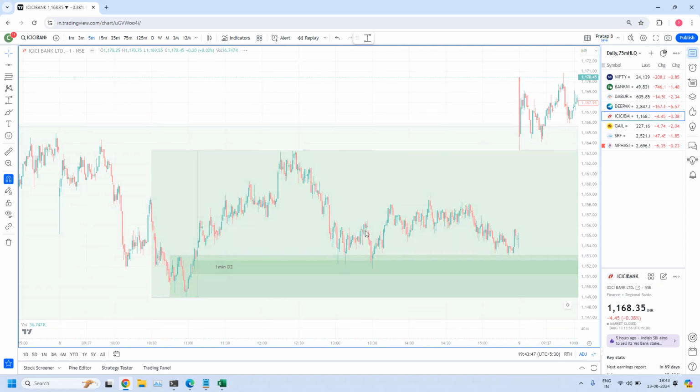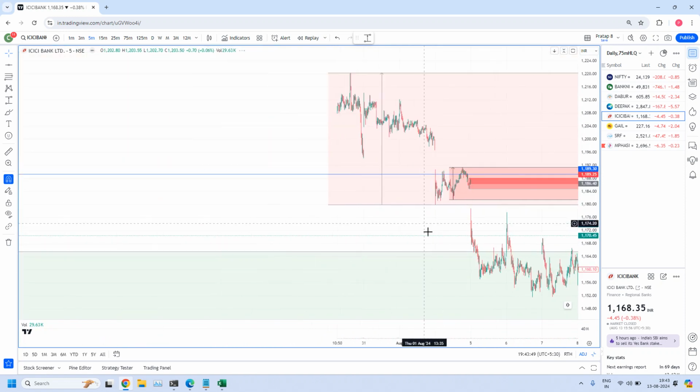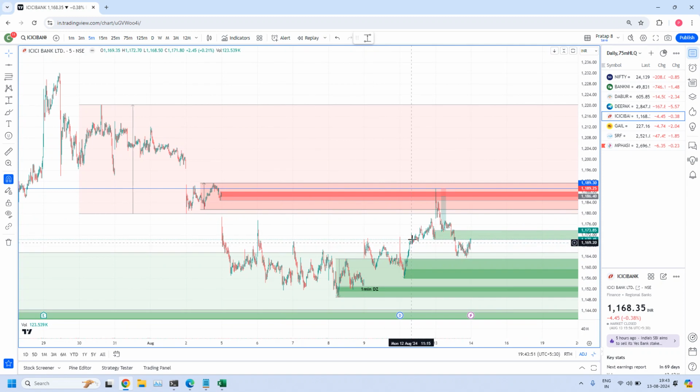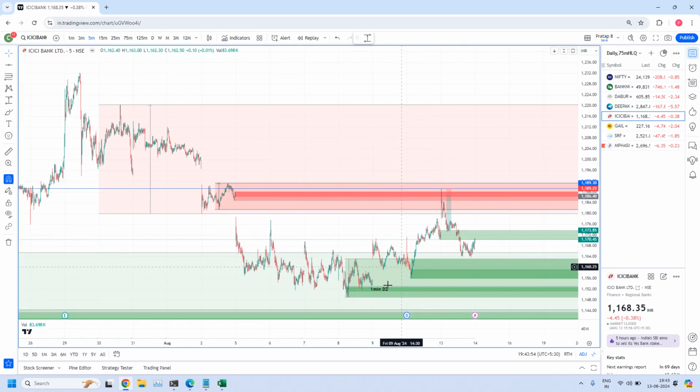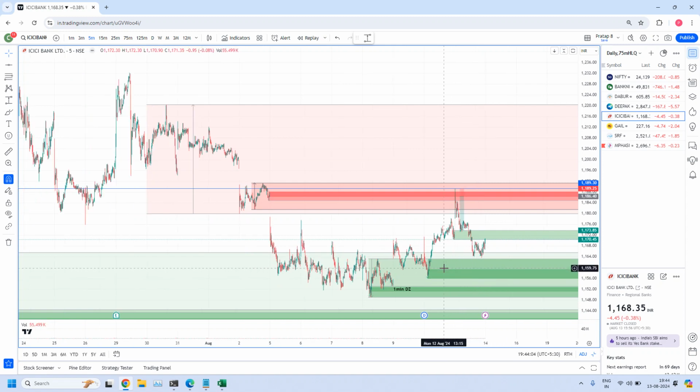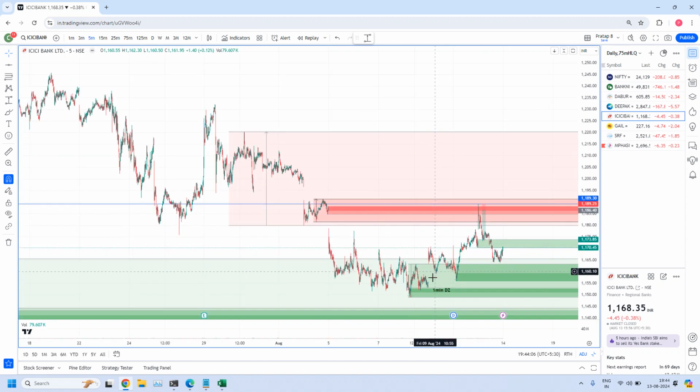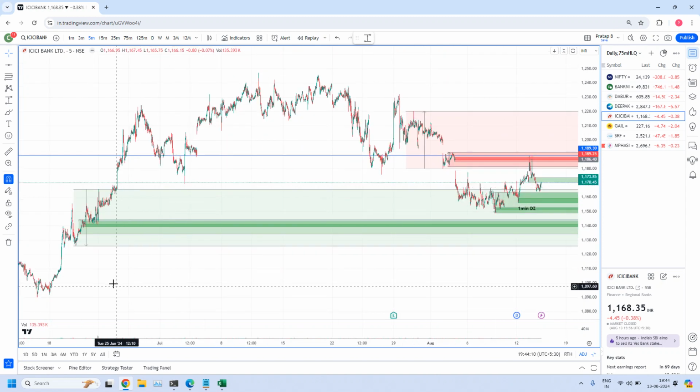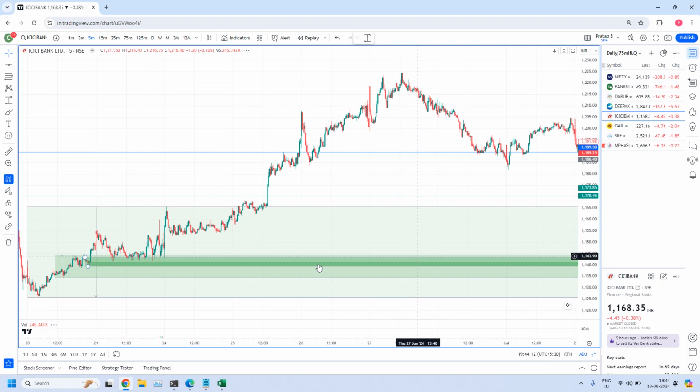Now let us go back to the 5 minutes time frame. So this is an aggressive trade we can plan in case this zone is violated. But anyway, today prices did not get into the fine-tuned area, so we didn't get a long entry today. Long entry we did not get, but we got a short entry that I will explain. First let me finish this, how I fine-tuned the zone. Let me complete that explanation.